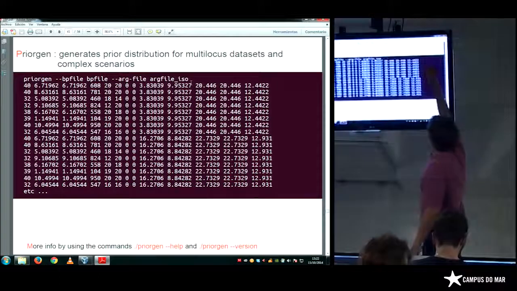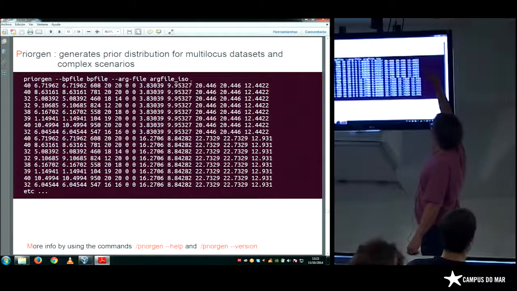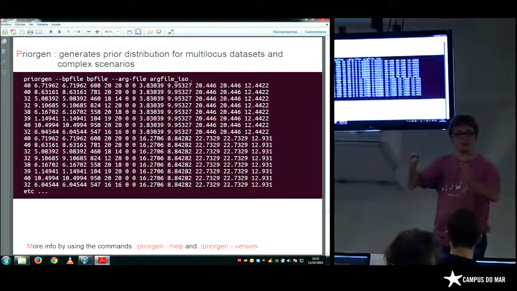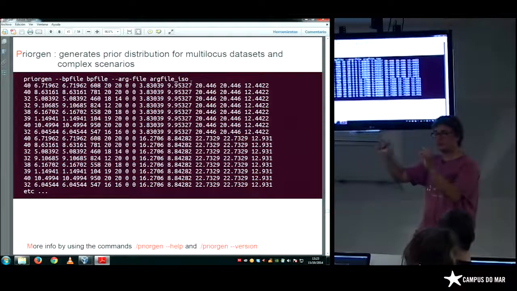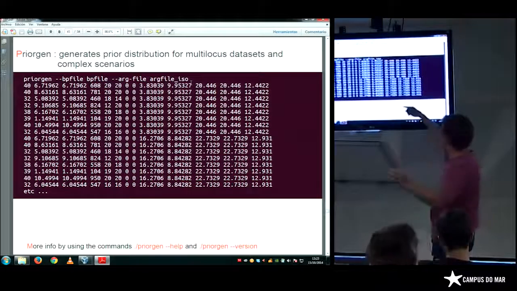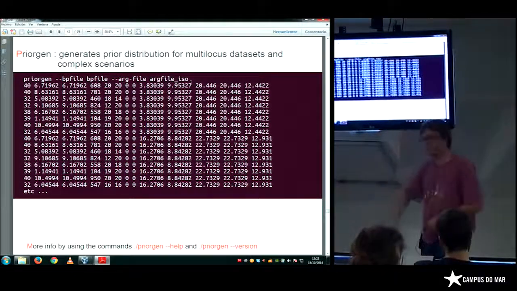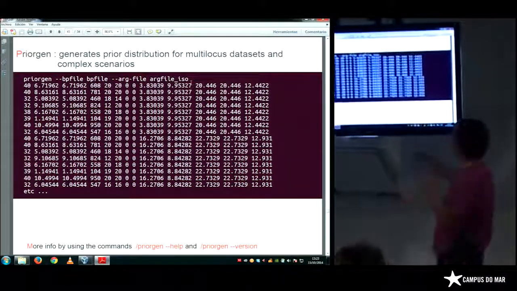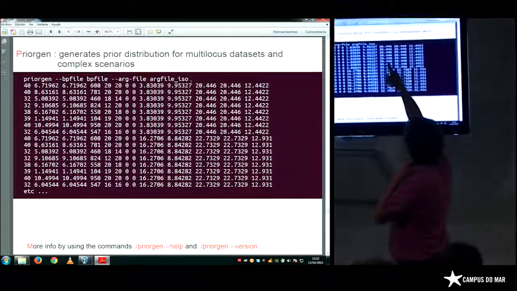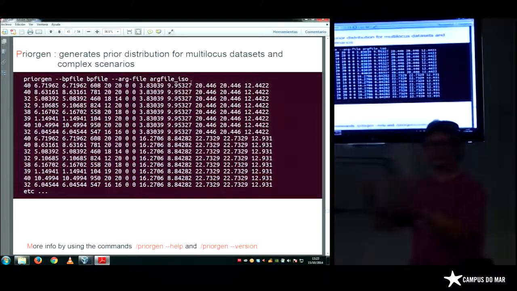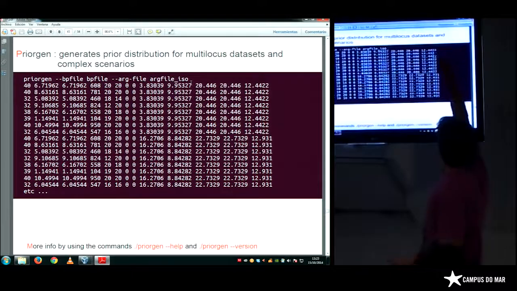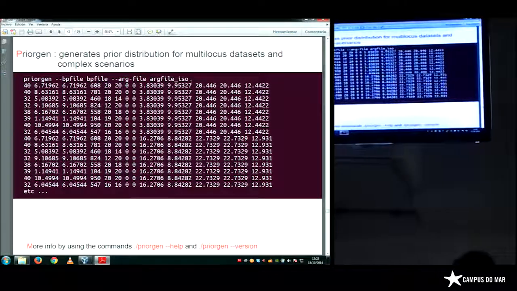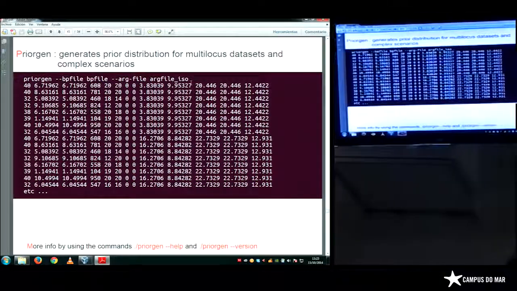Okay? So here, each time you have 8 lines that correspond to the 8 loci. So we are going to simulate locus 1, locus 2, locus 3 to locus 8. And then we do it again and again and again, a high number of times. So here you can see the parameters that are shared between loci. You have the same value 8 times. And here you have the parameters that are not shared between loci.